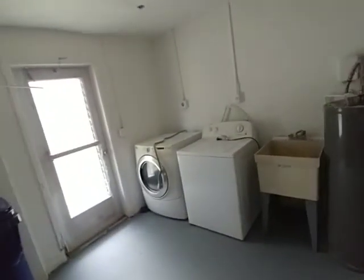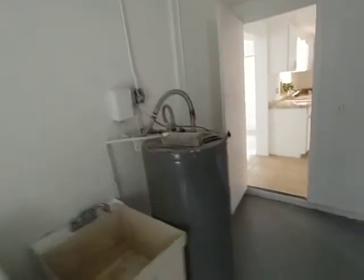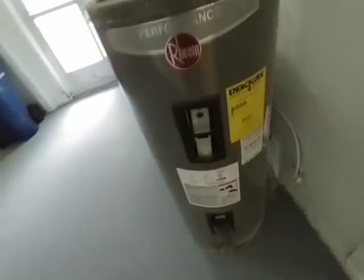Overall the stuff's not in bad condition. It needs some touch up, some TLC. Probably the biggest problem I see is with the windows. That'd probably be your most expensive item. And then obviously, you got some appliances and stuff that are older. They actually got a Rheem water heater. We'll have the inspector check all that out, but that's actually pretty impressive. See your garage door. Let's see, they had a few